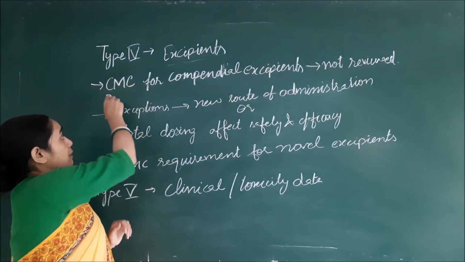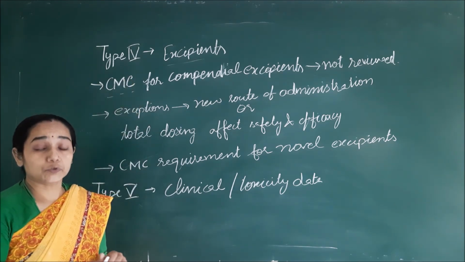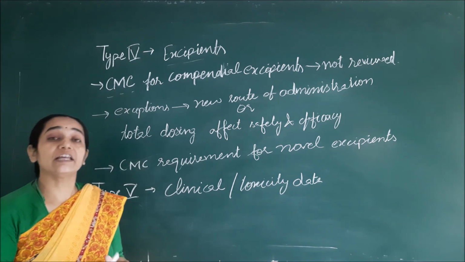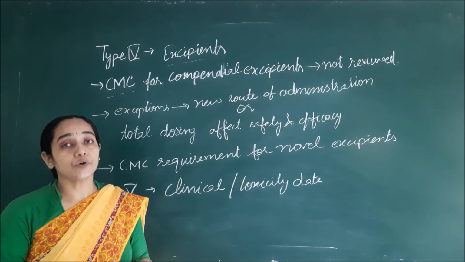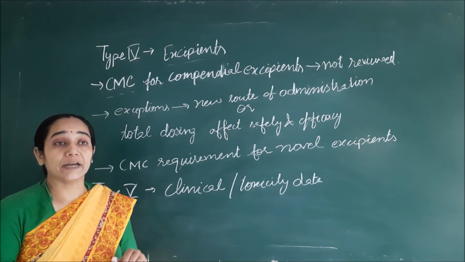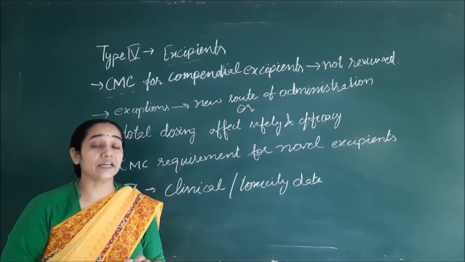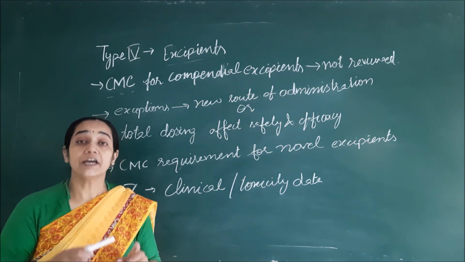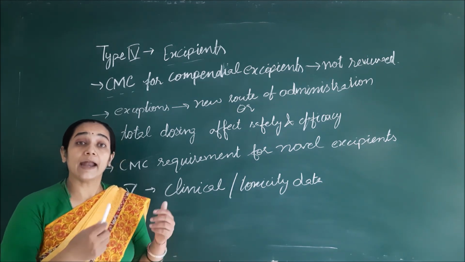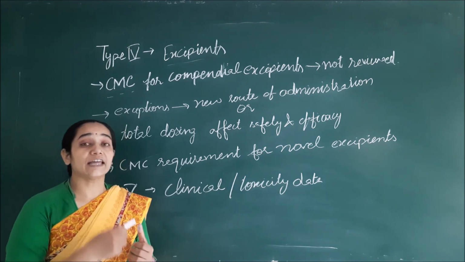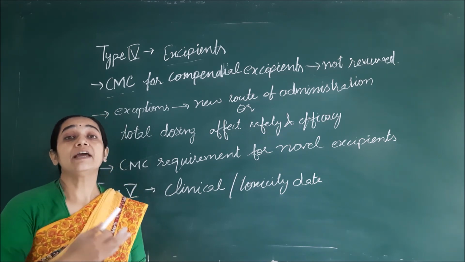not submit their chemistry, manufacturing and control specifications to the authority for review, and they will not be reviewed. So how will we provide the information? In the type 4 DMF, type 4 excipient requirement, we will just specify the name of the drug master file of the excipients. If we have a standard excipient which has an existing DMF and we have purchased it from a supplier who has their own DMF, then we will give the number of the DMF. If any query comes, then it will be consulted.